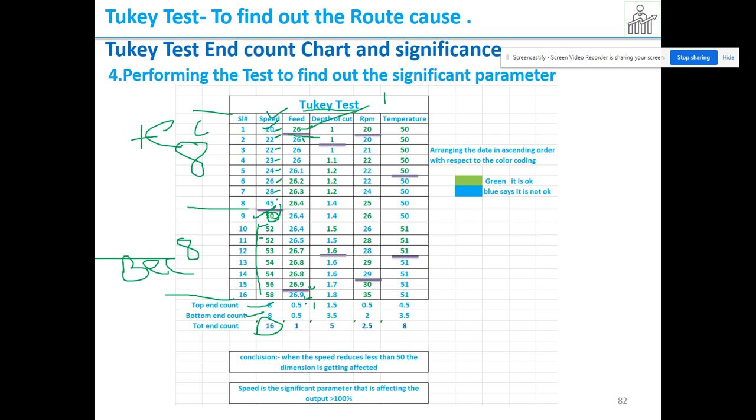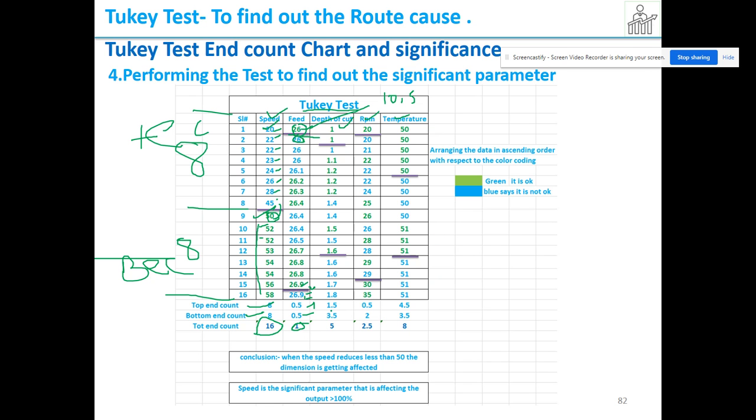So 1 we can consider, because when there is a similar 26 okay, 26 not okay, there is a cut. We have to take 0.5 because both are same. When both are same and it is a single digit, you should consider 0.5. Here also it is the same thing. That's why we consider 0.5. This is one of the rules. Therefore my total end count will be 1. So the same way we can perform for all the parameters.